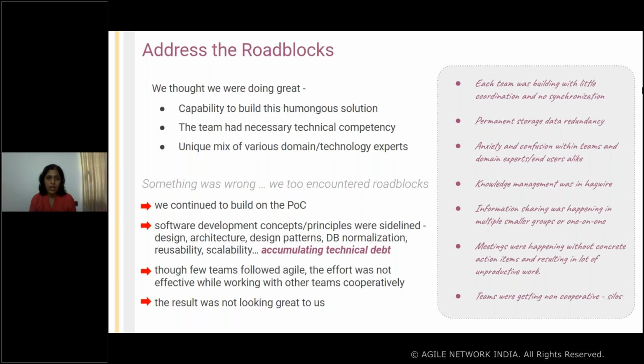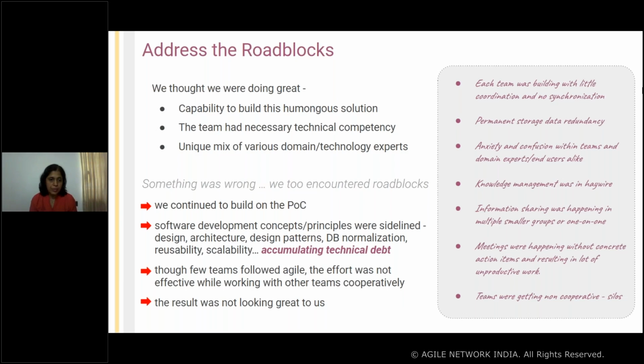We were simply going ahead and building those on the POC version. So we started to accumulate technical debt, which at some point we realized we had to